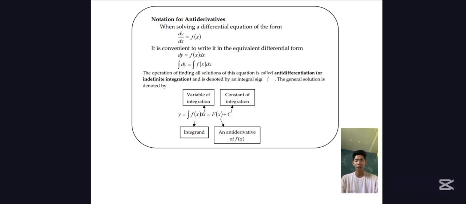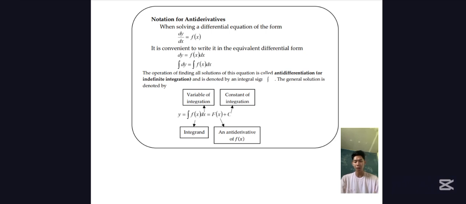So in the notation for antiderivatives, as you can see on the screen, when solving a differential equation of the form dy over dx is equal to f of x, it is convenient to write it in an equivalent differential form: dy is equal to f of x dx, or the integral of dy is equal to the integral of f of x dx. And lastly, the operation of finding all solutions of this equation is called antidifferentiation,